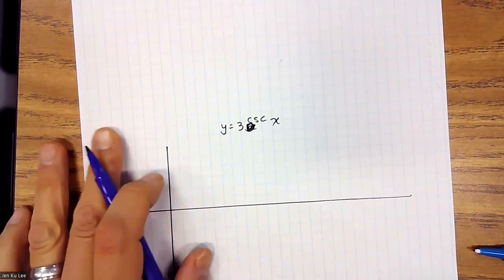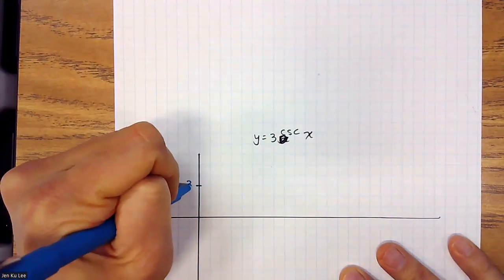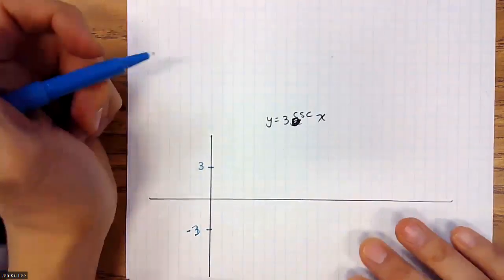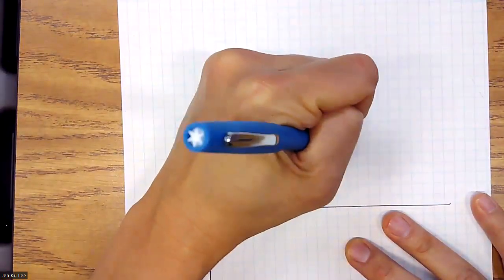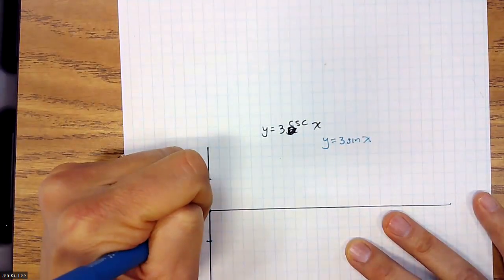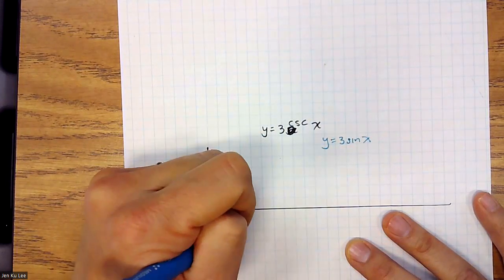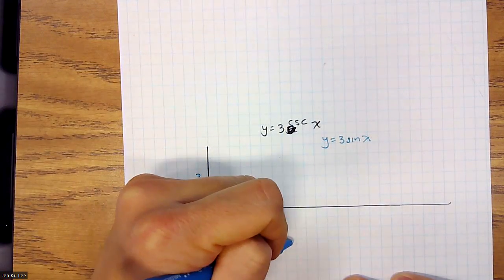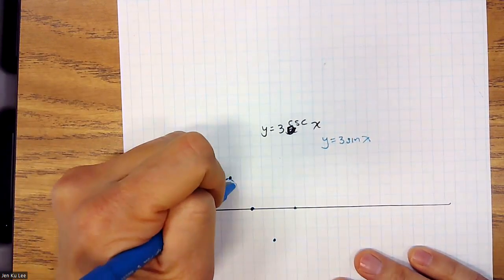Let's see this one. Okay? So here, I'm going to make each box equal to 1, so that's -3. So cosecant is the reciprocal of sine, so I'm going to graph y equals 3 sine of x. Okay? Here is 0. 2 boxes over is 3. 2 boxes over is 0. 2 boxes over is -3. 2 boxes over is 0. So here is my sine function,